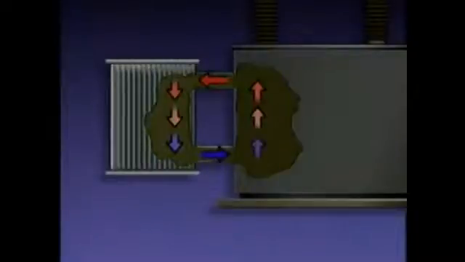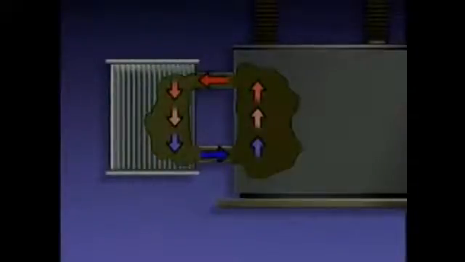In the arrangement illustrated here, there's a natural circulation of oil. As the oil picks up heat from the windings, its density decreases, causing it to rise. The warmer oil enters the top of the radiators, where its heat is transferred through the radiators to the surrounding air. As a result, the oil becomes cooler and more dense. The cooler oil sinks to the bottom of the radiators, then re-enters the transformer, where it can pick up more